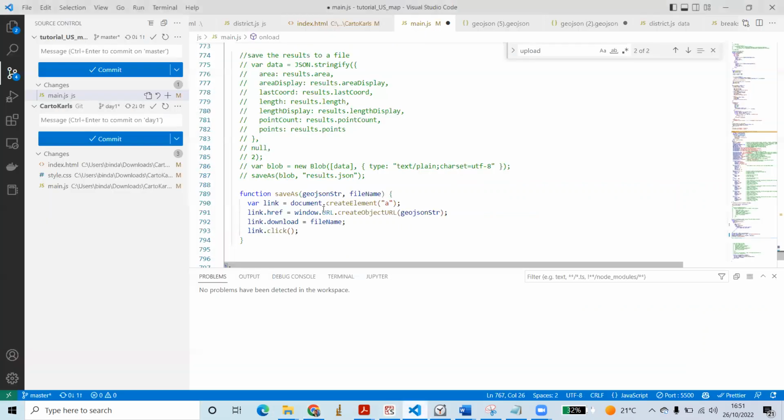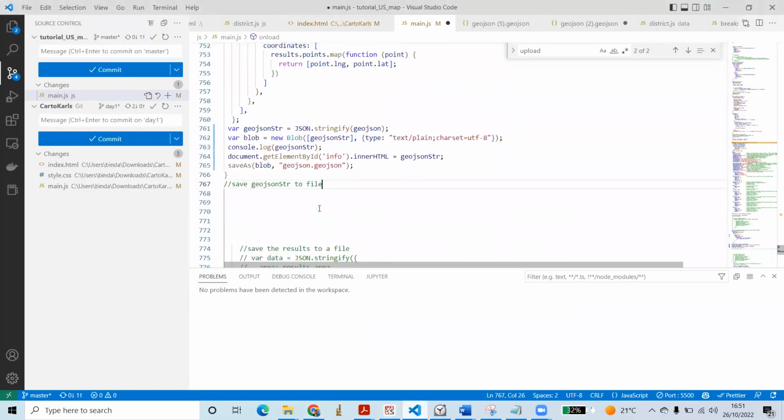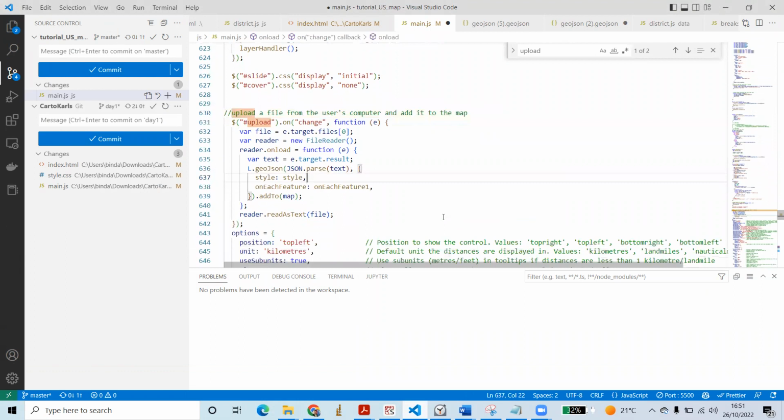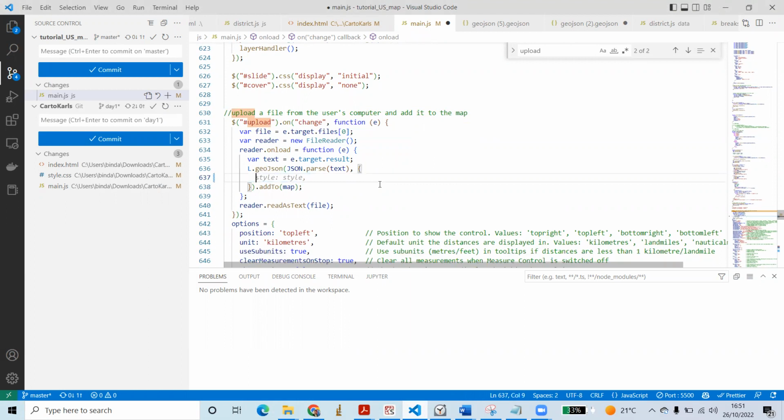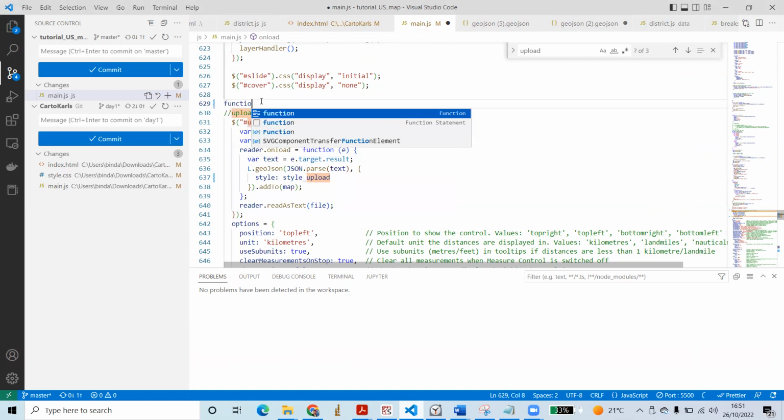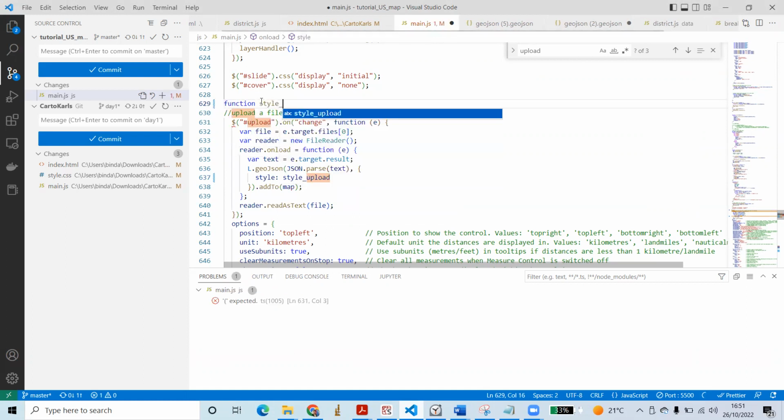I will try it again by removing that upload. In upload, I am going to remove these two things, and it will just use, but what kind of style should it use? So I will create a new style for it. So I'm going to use style upload for that. So I'm going to use function style upload